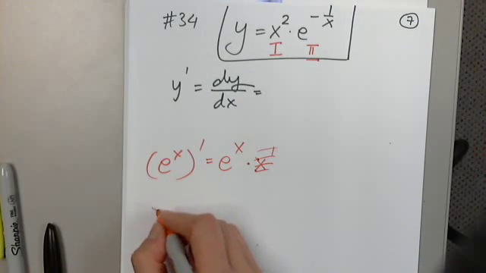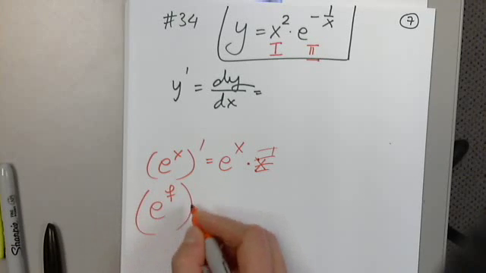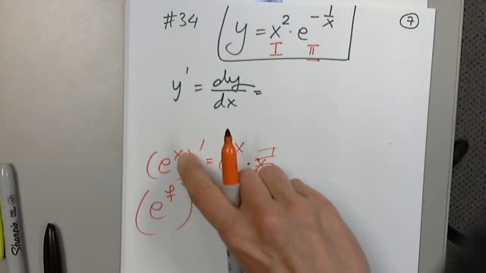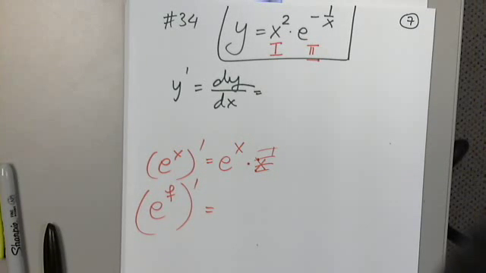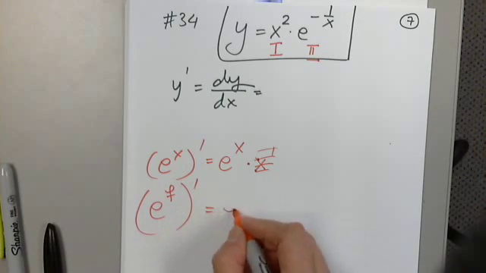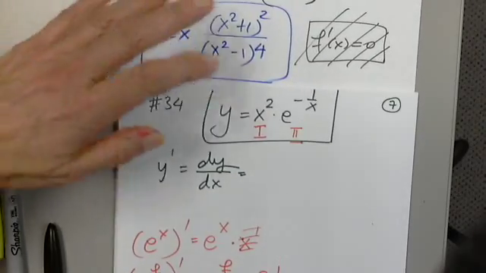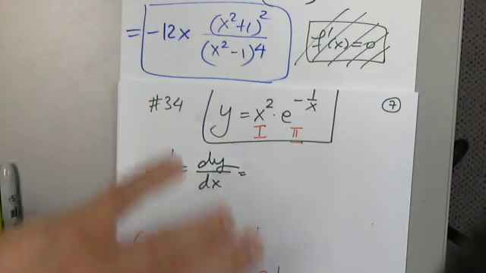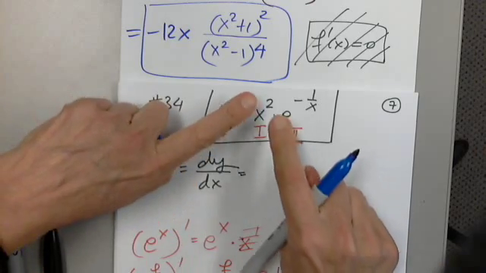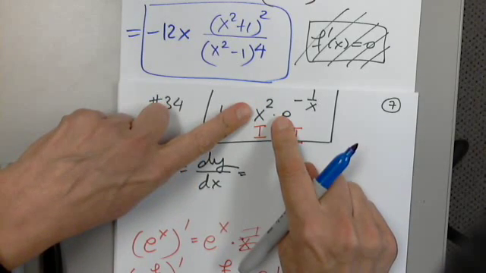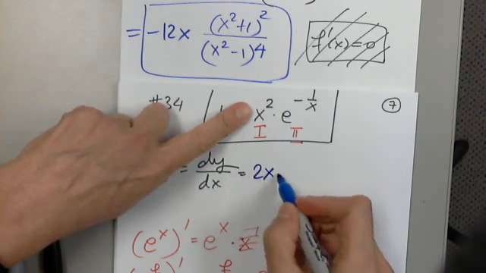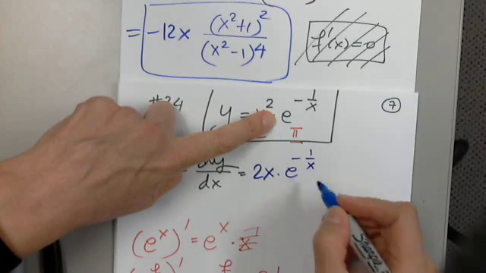So what do you think about this? E raised to a function, not plain x. You can say, but x is a function. True. But anything else but x. What will be the answer? That's it. Okay. So now I have 1 times 2. It is a product. The first function prime times the second one plus